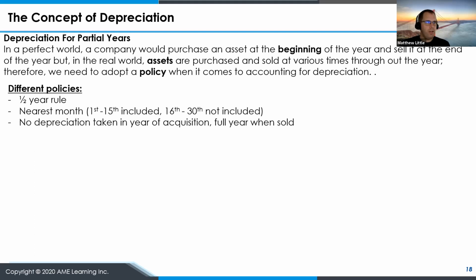And then sometimes organizations say no depreciation in the year of acquisition, and we use a full year of depreciation in the year when it's sold. So the idea is to defer your depreciation expense to the end. Not really the best for tax purposes. You're always better off to reduce tax up front, but depending on your business, this might be beneficial. Now, under accounting rules, you can't change it all the time. You have to have one policy and you stay consistent. Okay, so those are a few different examples of policies for partial years.